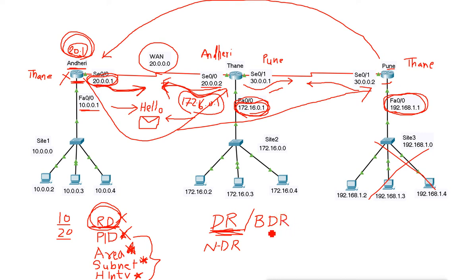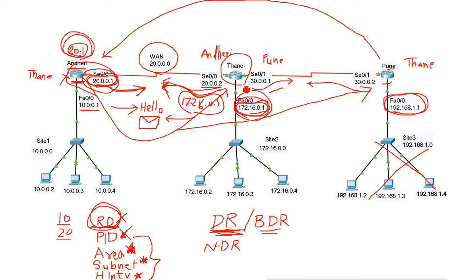So they keep this BDR, the backup designated router. The backup designated router will be the router with the second minimum IP address. So if this router is our DR, the second lowest will be this 172, because this one is 192. So this one will be the BDR.